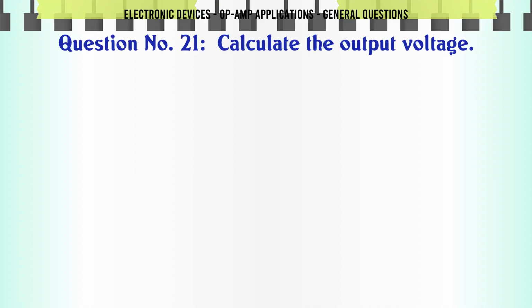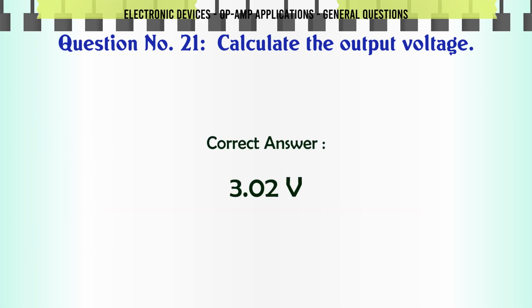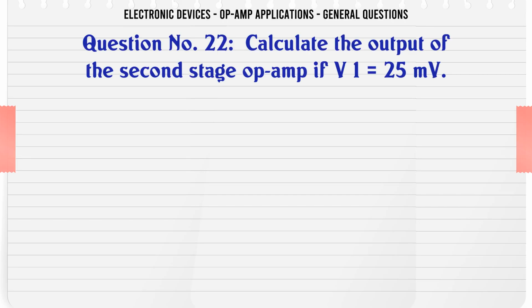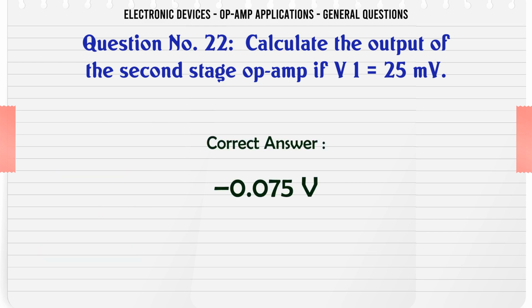Calculate the output voltage. A: 3.02 V, B: 2.03 V, C: 1.78 V, D: 1.50 V. The correct answer is 3.02 V. Calculate the output of the second stage op-amp if V = 125 mV. A: 0.075 V, B: 0.525 V, C: 0.06 V, D: 4.2 V. The correct answer is